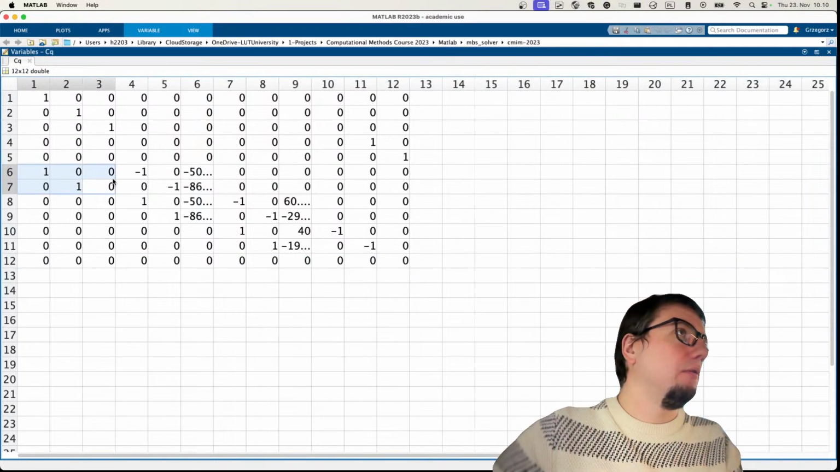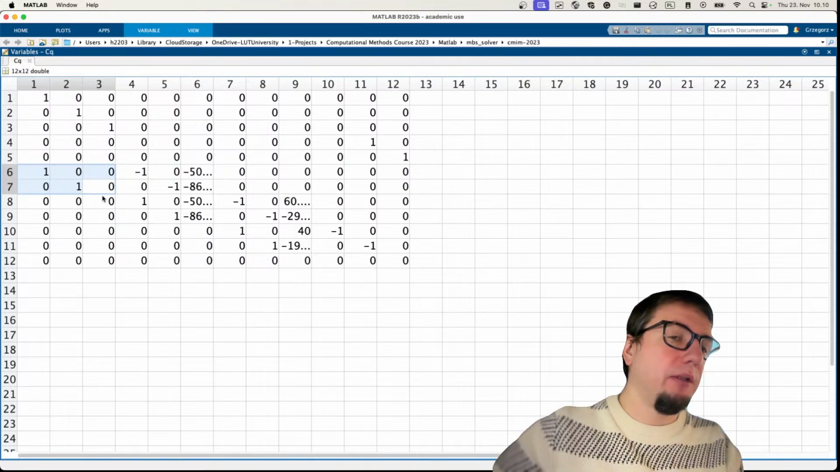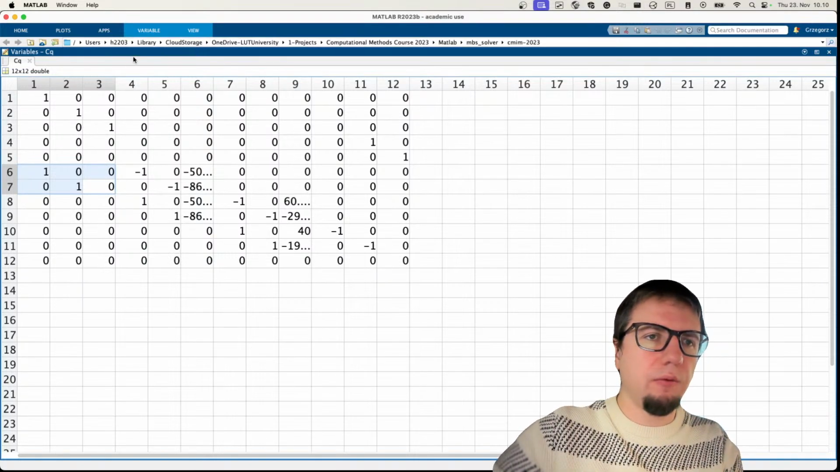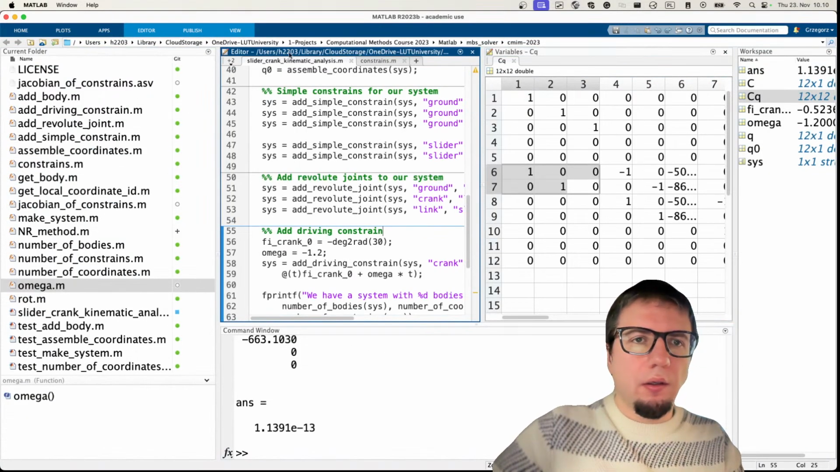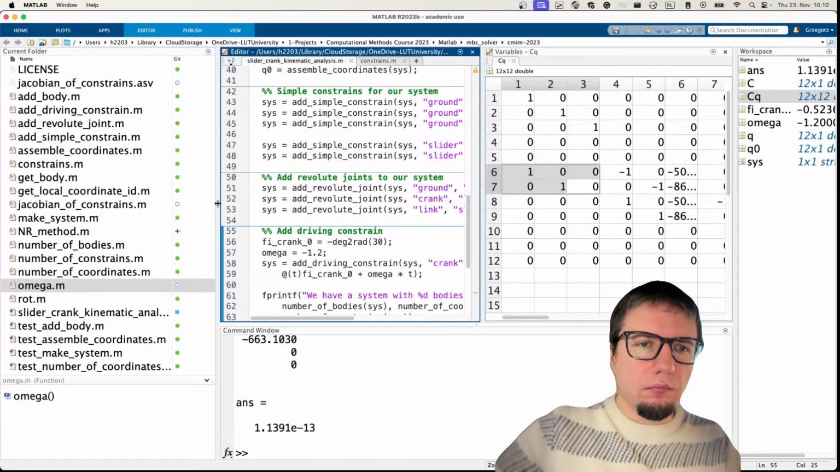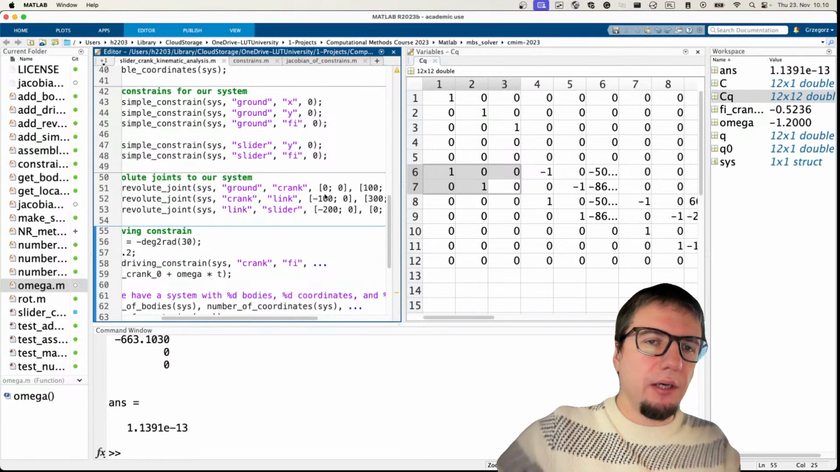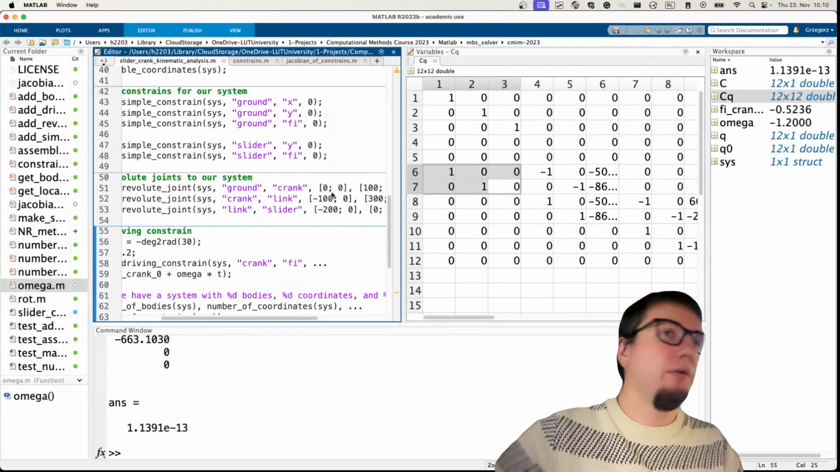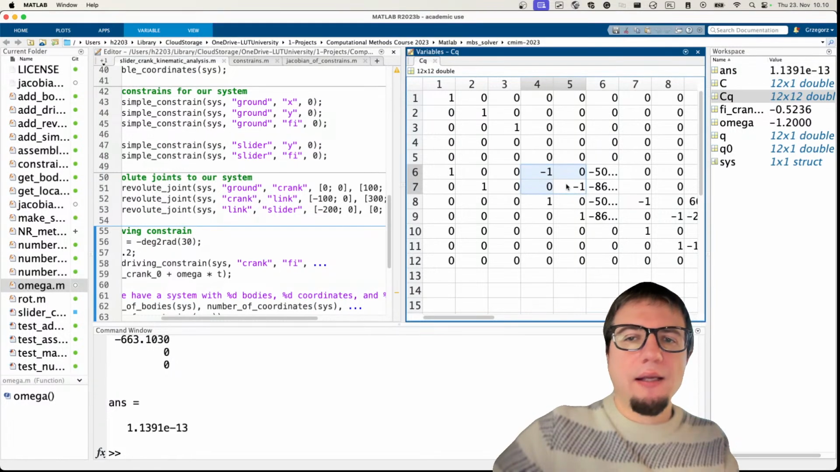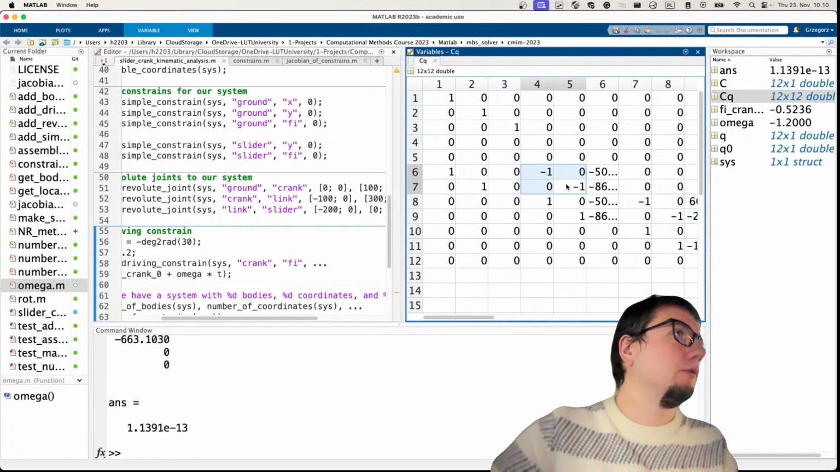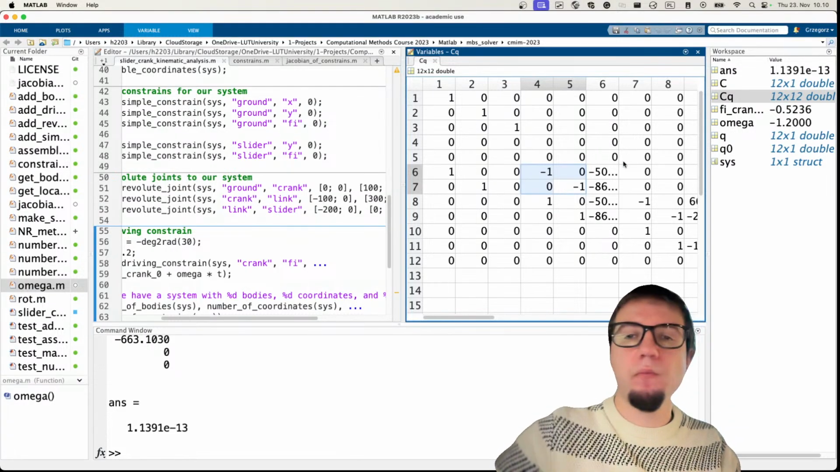This is for ground. So it's identity matrix and here zeros because it was located at position 0, 0. We can check this in our code. This revolute joint was put for the ground at position 0, 0, so of course it's 0, 0. Next we have some values for our crank second body with minuses,